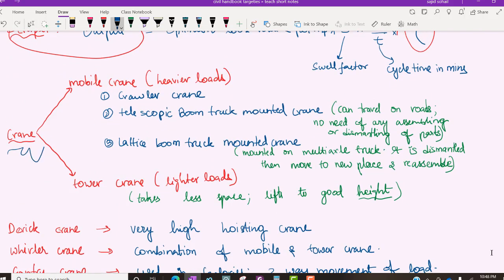Generally we have two types of cranes. One is mobile crane and tower crane. What are the cranes we have? Mobile crane and tower crane. Generally ये जो heavier loads lift करने के लिए यूज करते हैं ना, that is mobile crane, and lighter loads के लिए यूज करते हैं, that is tower crane. Okay, so generally tower crane are used to lift items to certain height. If you want to lift it to a very tall height, you will be going for tower cranes. So mobile cranes generally to transfer the load from one point to other point. Heavier loads will be using mobile crane.